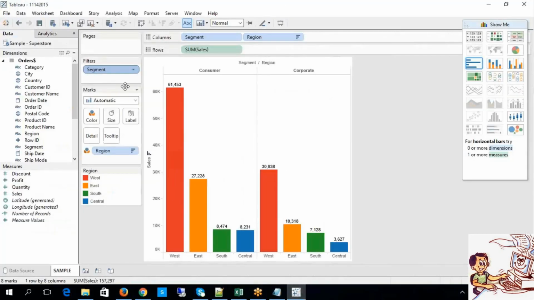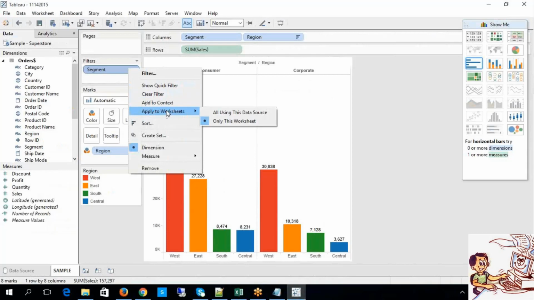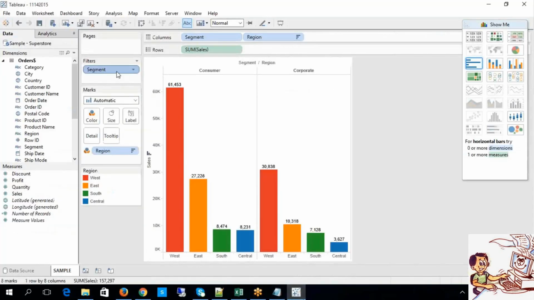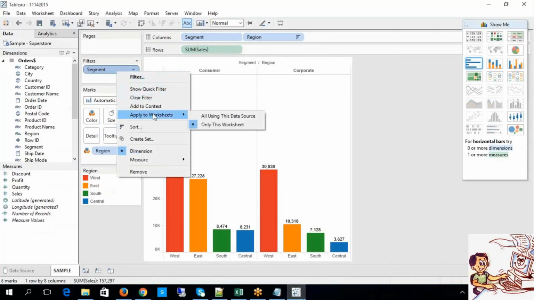Look at this: all using this data source, only this worksheet, and how about the other one? Selected worksheets. But why is this option missing? Because you have only one worksheet here. That is the reason it is not showing.